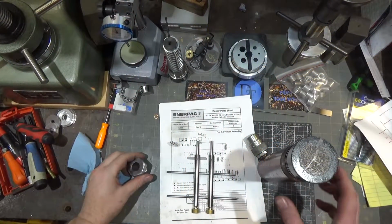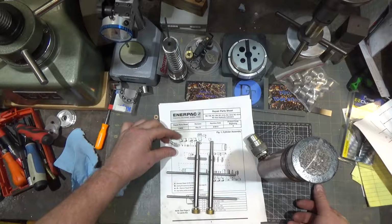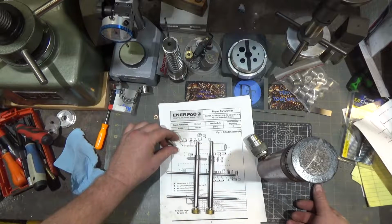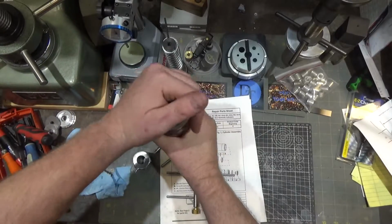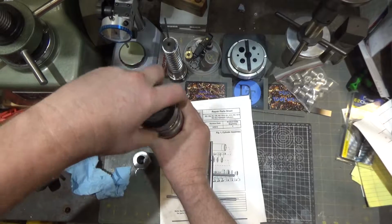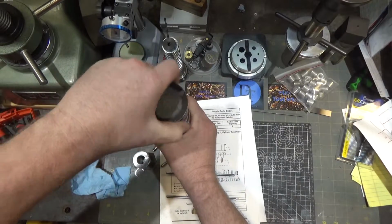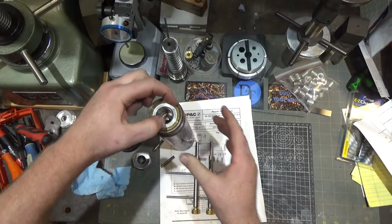All right, to complete this project, I had to make two tools. I already had made this one in a previous project, but I had to make some new pin inserts for it that would be square, that would match the seal on the top of this guy. These threads are such a good fit, it compresses air in there every time you tighten it on. So to get this lock nut off,